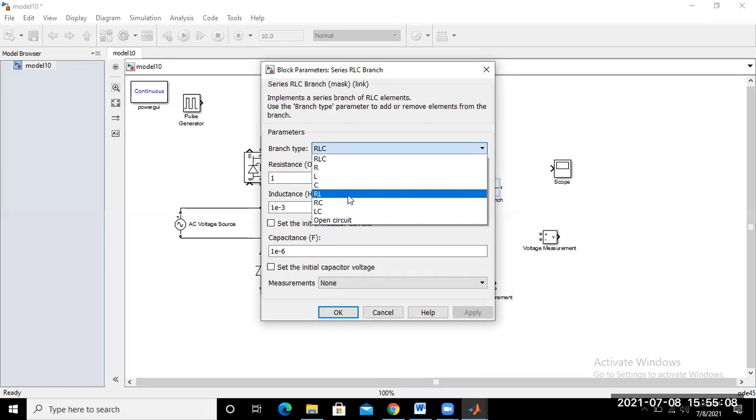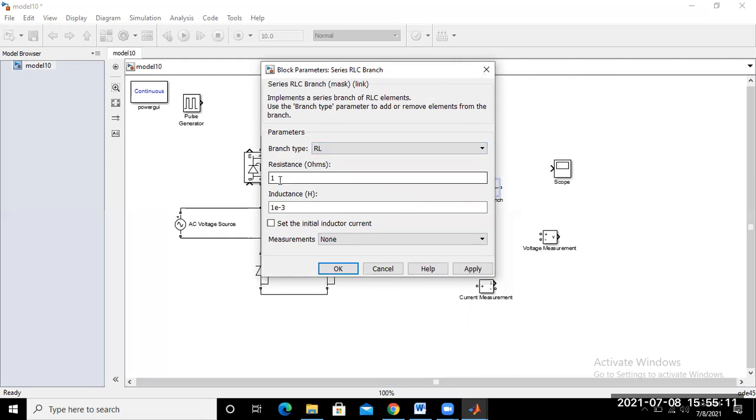So we just click on RL, and you can put in the numerical values. If you don't put any numerical value of resistance and inductance, then it will take the default value 1, that means resistance equal to 1 ohm and inductance equal to 1 millihenry. If you want a specified value, just type it here. You may change it to either 5 ohm or 10 ohm, whatever you want for the resistance value. Suppose the inductance is 2 millihenry, so you type here just 2.